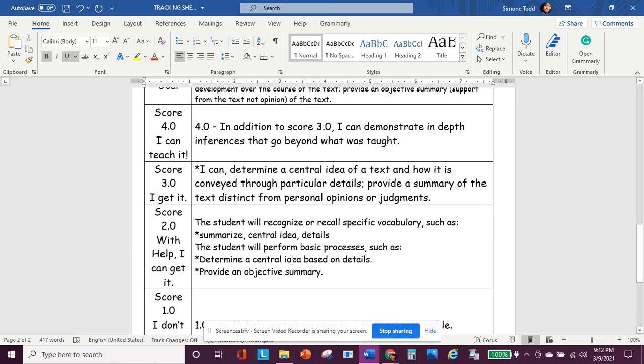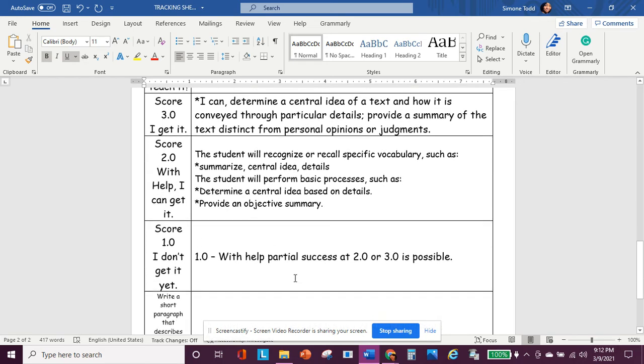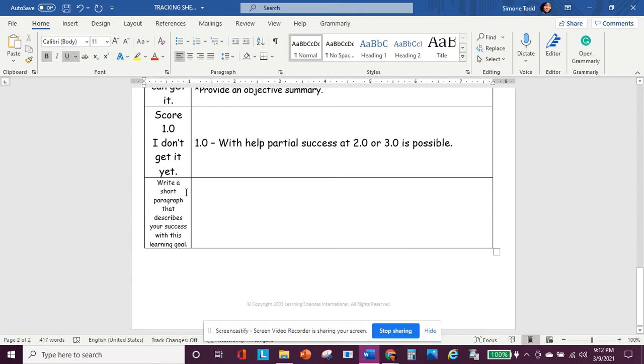2, they can do some of the things in the learning goal. And 1, teacher, I need help. Then at the bottom, they're asked to reflect again before they turn this sheet in. Write a short paragraph that describes your success with this learning goal. And in here, normally I see students tell me how they feel, what they're missing, and based upon this, it